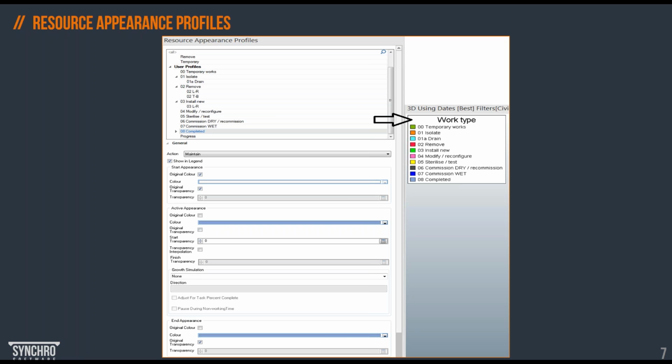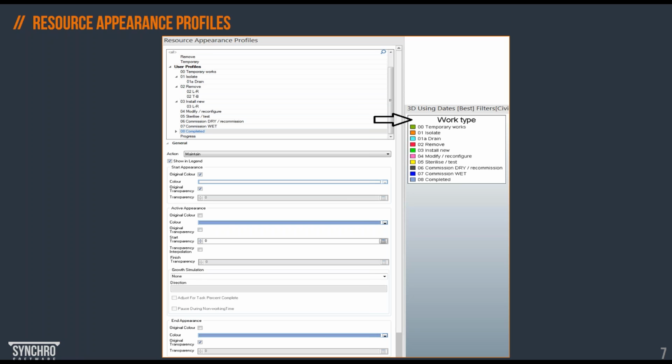And the Legend in the 3D view will simplify the view, and users will know exactly what they're looking at. So different types of work will be simulated differently. That kind of simulation doesn't exist in any other planning software because of the lack of 3D, 4D simulation capability.